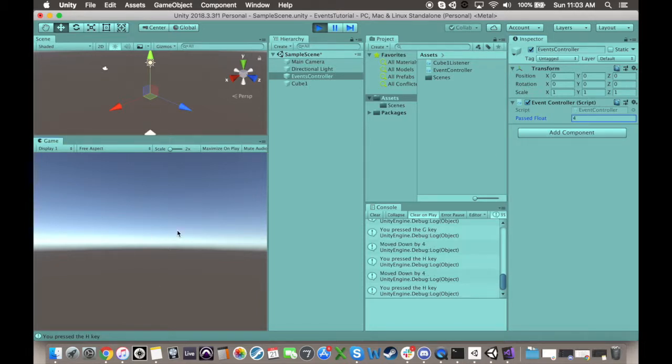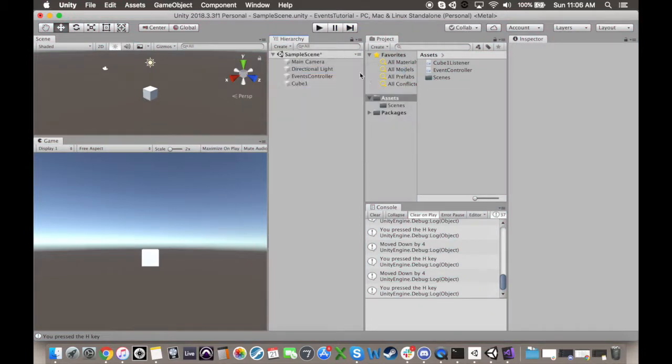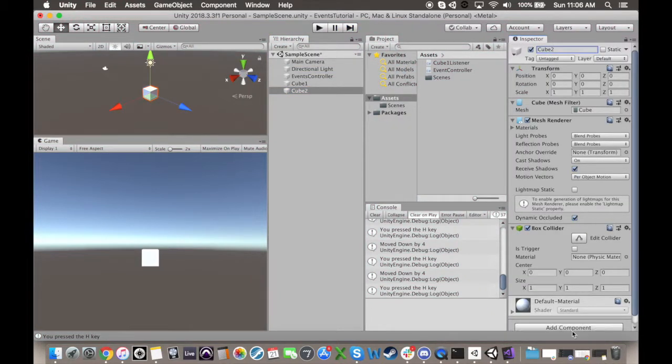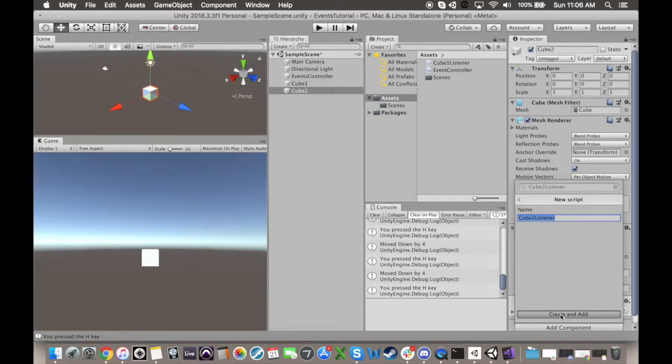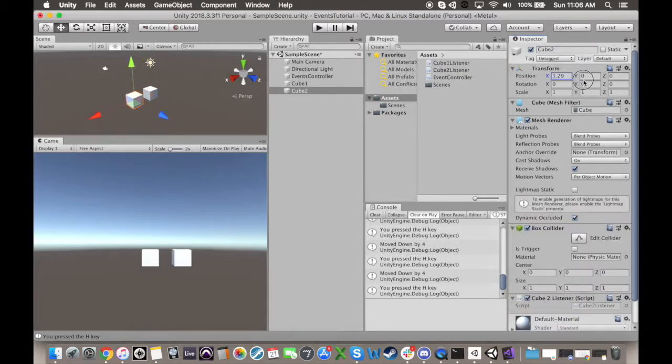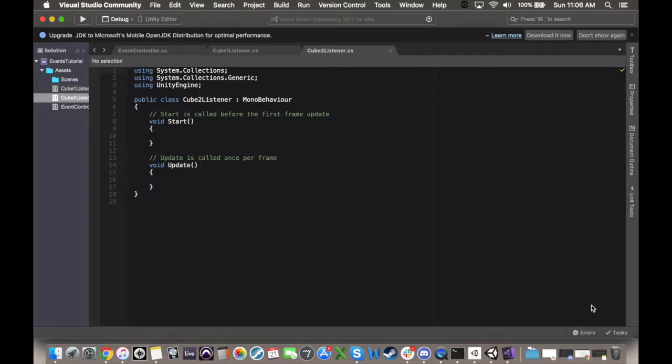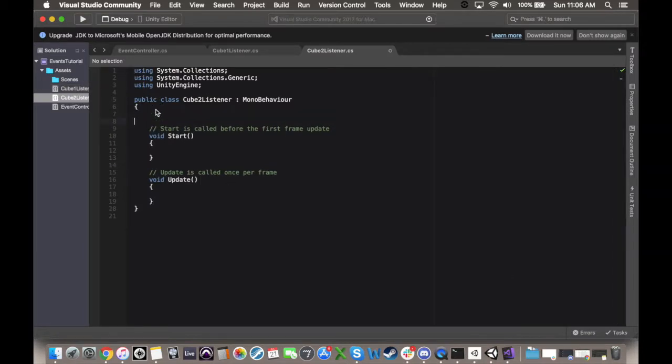Let's show off the advantage of using this event system a little more by creating a new cube2 that has its own script on it called cube2listener. I'll move this cube over so we can see it separate from cube1. I'm going to try and take the float from the hpress event and instead use it to change the color